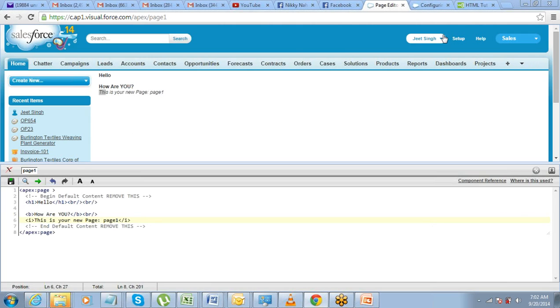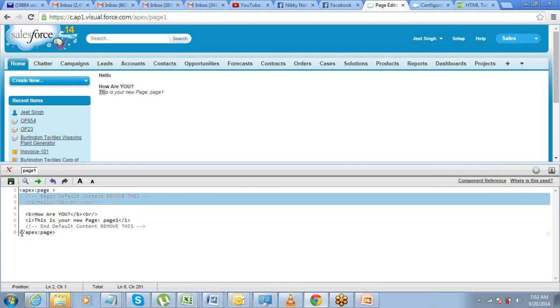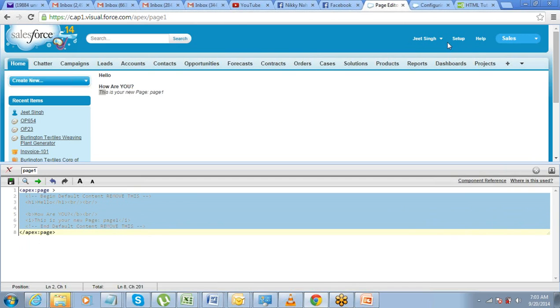So I would just give you a small activity. I would not go further into Visualforce today. Your activity would be to create a Visualforce page, and within the page component, we are not learning any other component today. We are not going into other details of Visualforce. Within this page component, I want you to put your HTML things. So whatever HTML you learn from here, try to implement in your page.